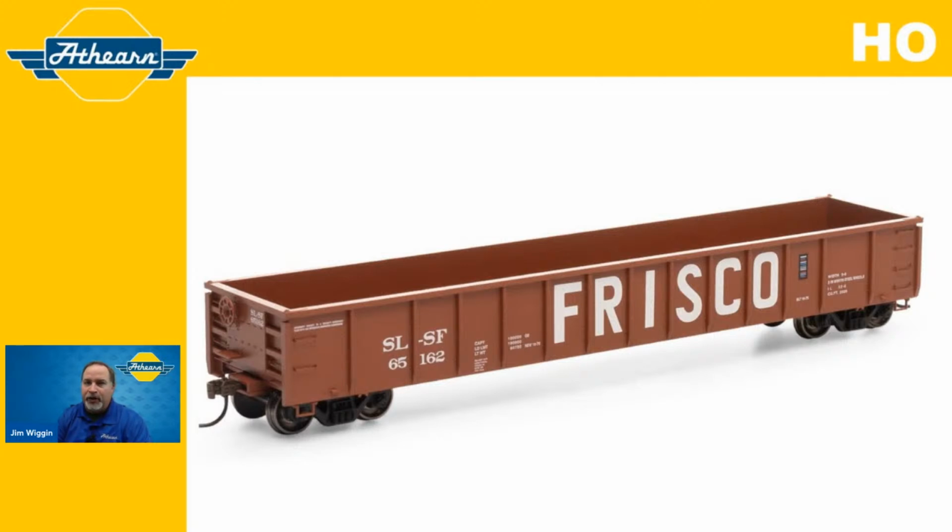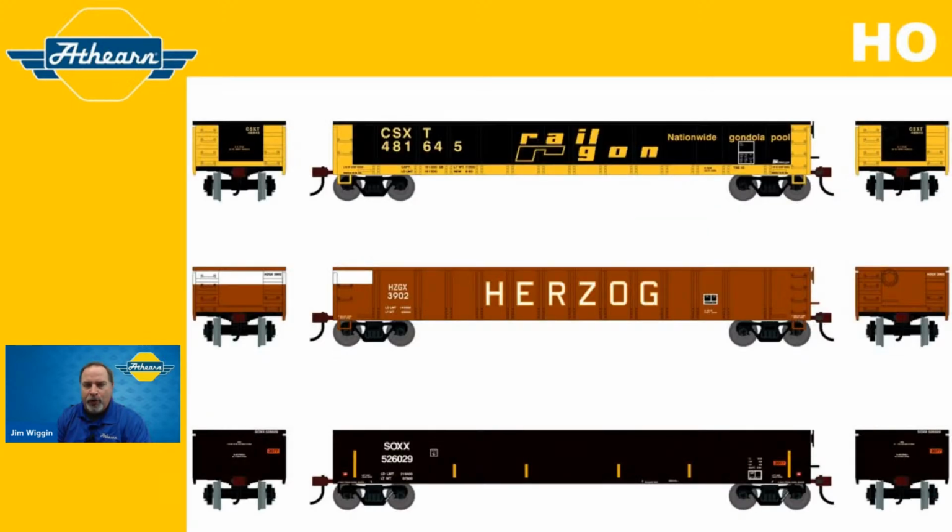And you only have until Friday the 23rd, so not a lot of time here. So let's get with it and show you what we've got for this run. We're going to start in the 1980s with CSX. CSX reporting marks, of course, are CSXT, and this is car number